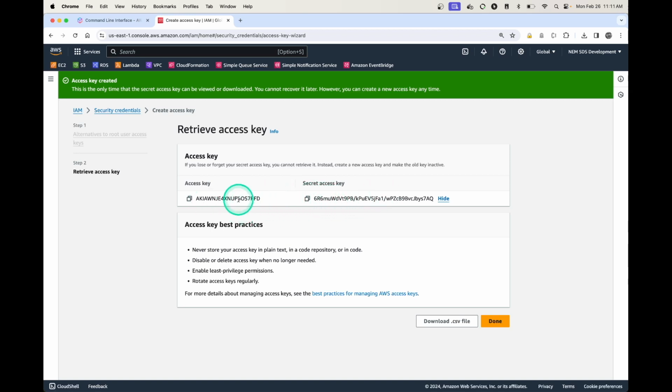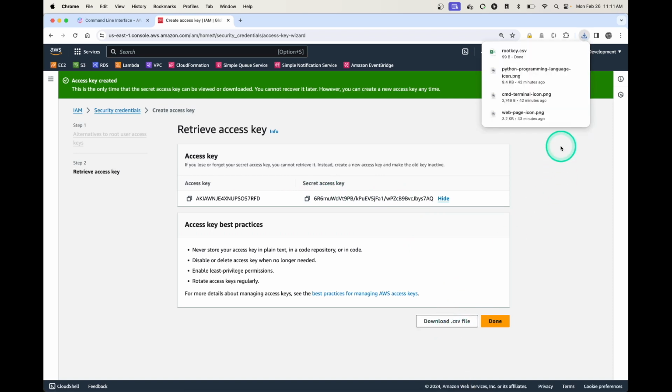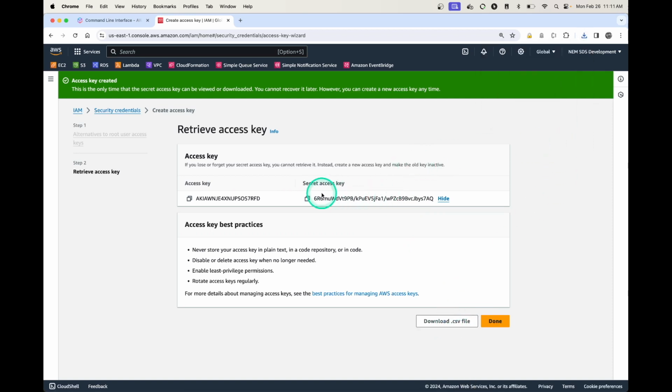These two things go together like a username and password. And I'll warn you, after we say done here, you will never see this value again. You can't get it out of this console again. So one option is you could download a CSV, and that'll have the two values in it. But what I'm going to do is just